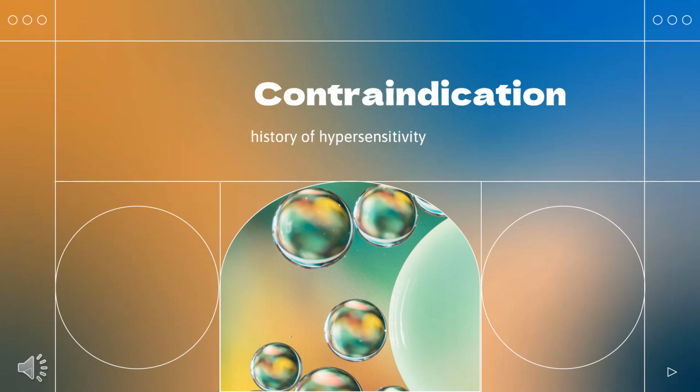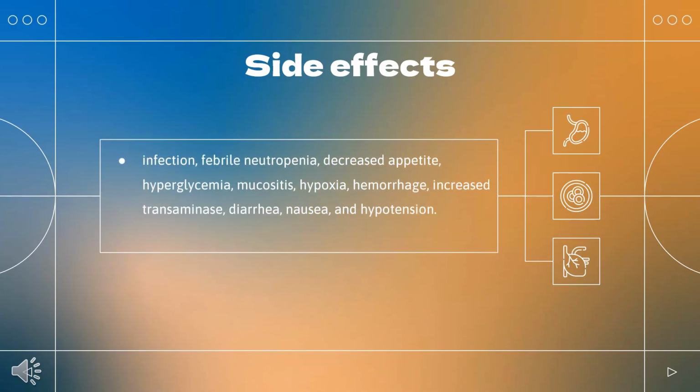Who cannot use gemtuzumab? Mylotarg is contraindicated in patients with a history of hypersensitivity to the active substance in Mylotarg or any of its components or to any of the excipients. What are the side effects of taking gemtuzumab? The most common side effects include infection, febrile neutropenia, decreased appetite, hyperglycemia, mucositis, hypoxia, hemorrhage, increased transaminase, diarrhea, nausea, and